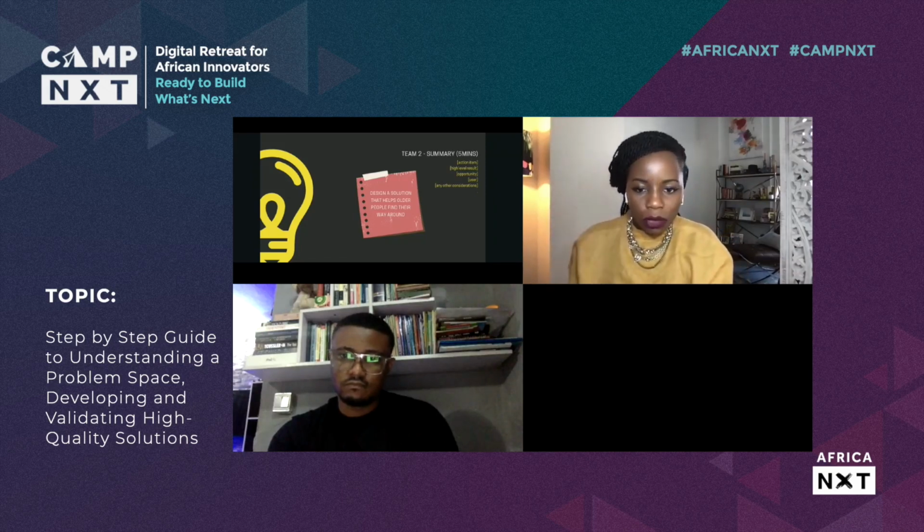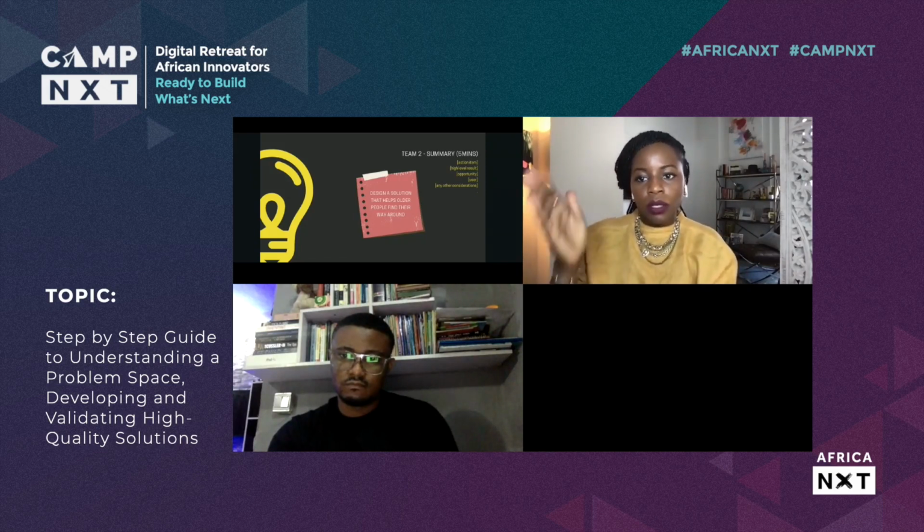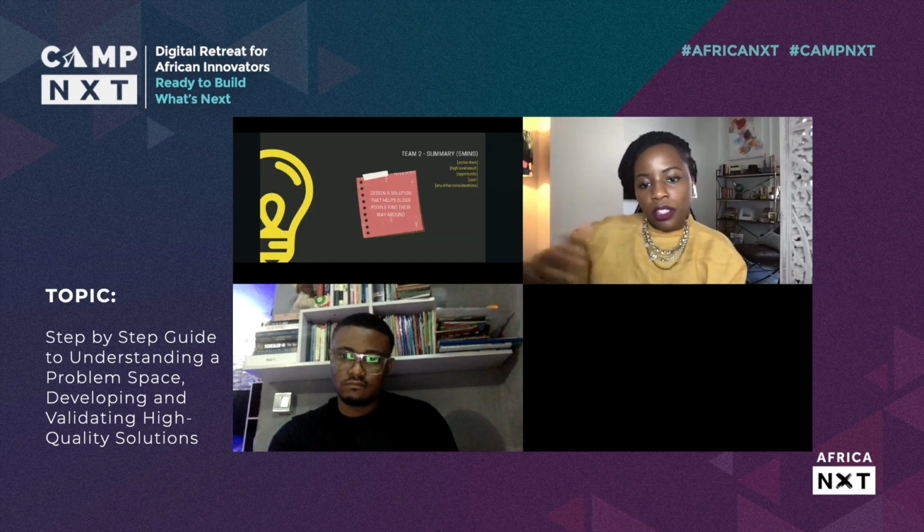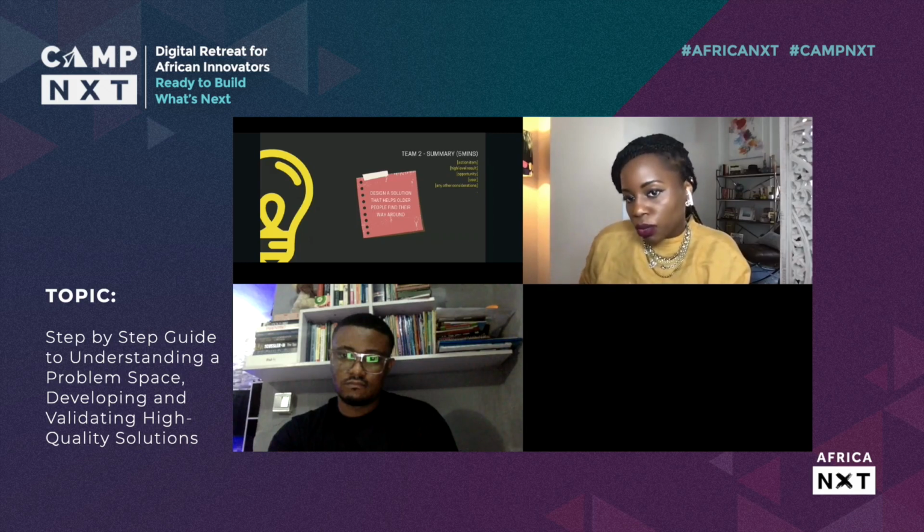You have to be able to narrow it down. You have to know exactly who you're designing for. What is the opportunity? What should the consideration for this design be? And that's now what's going to help you focus as you move on with your design sprint or the designing of that product. So what we've just done is really, really good. So kudos to you both.